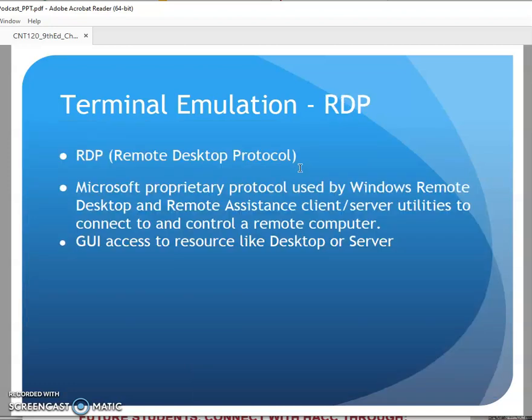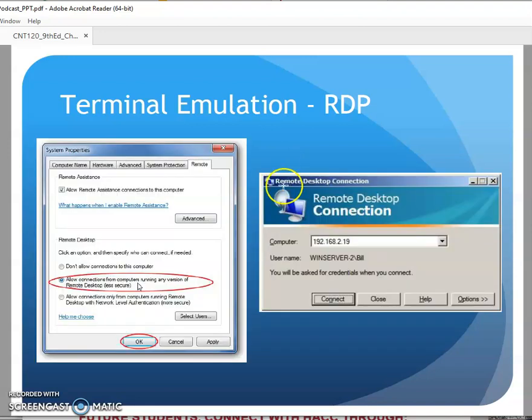There is a Windows proprietary protocol, remote desktop protocol. This allows me to remotely connect into a Windows machine. It could be a Windows desktop, could be a Windows server, and it literally renders my screen like I would be sitting there. I just need to enable that on my device. Then I use the remote desktop connection, and I literally get a connection like I'm sitting at that device, and